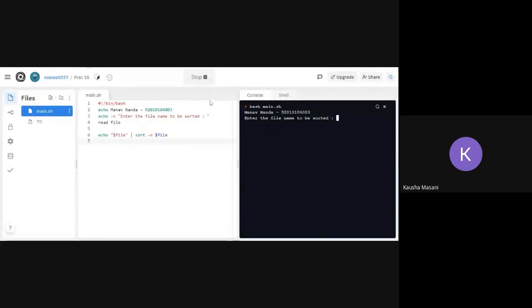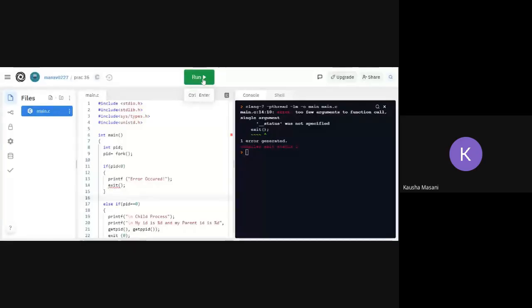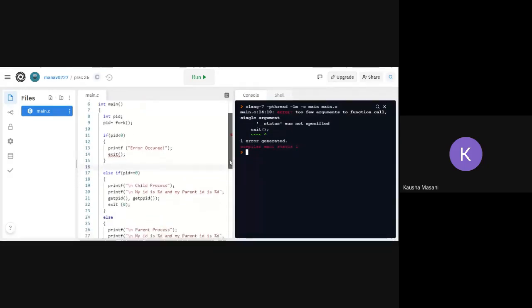Okay. And practical 35. One error. In line number 14, there will be exit 0.